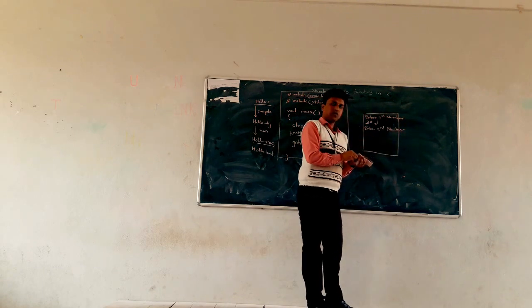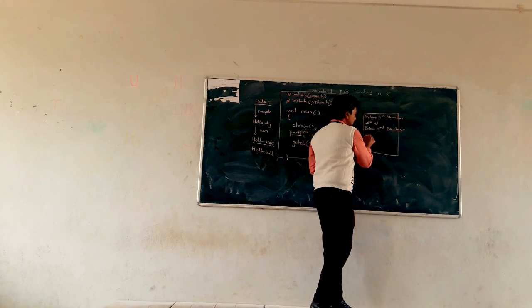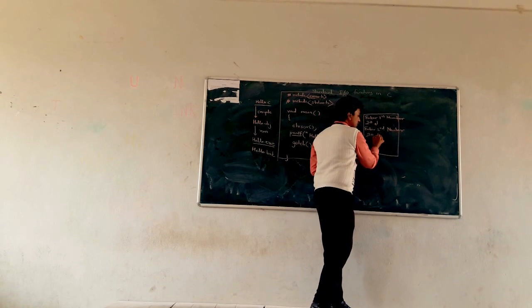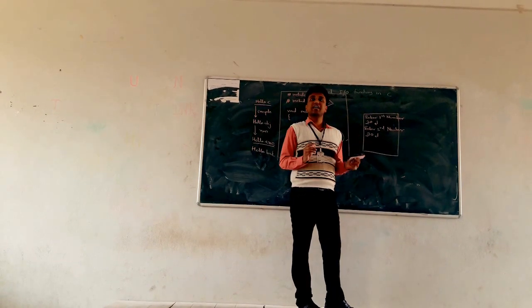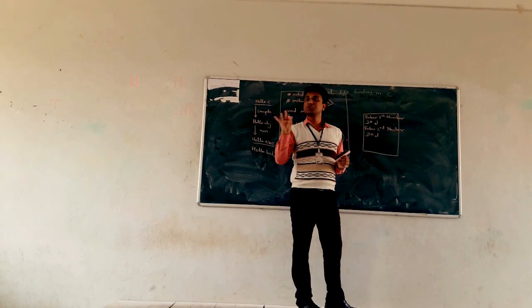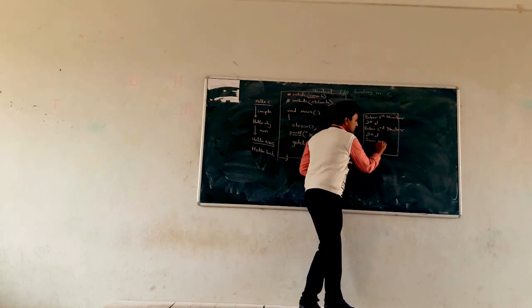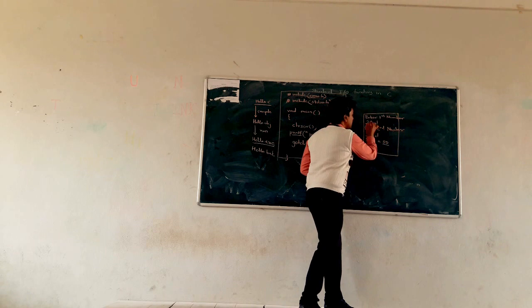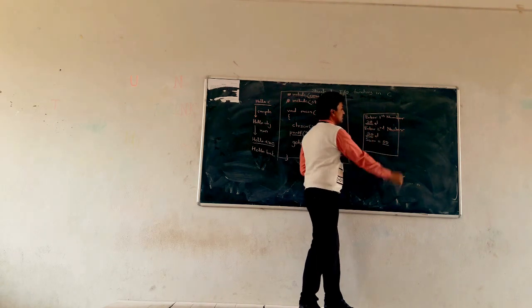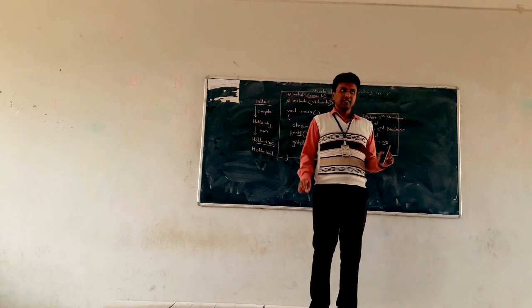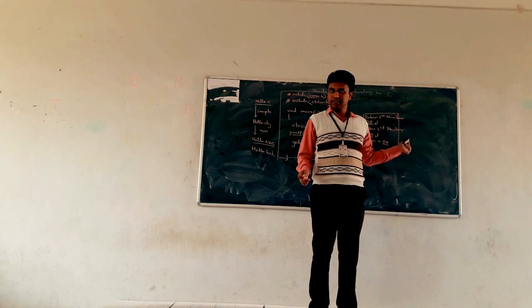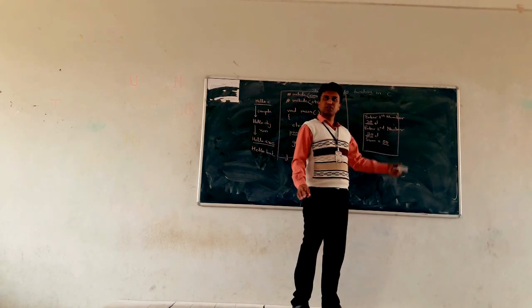Okay. After that, what happens? The cursor is blinking for the second number, suppose 30. The user enters 30. And what is the final result? I want the sum of these two numbers. So what is the last statement? Sum is equal to 50. It depends on what the user enters at runtime. So what is the result? Sum is equal to 50.